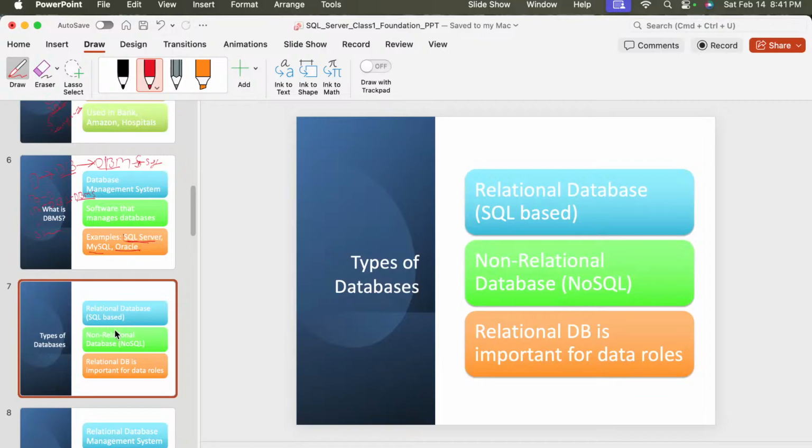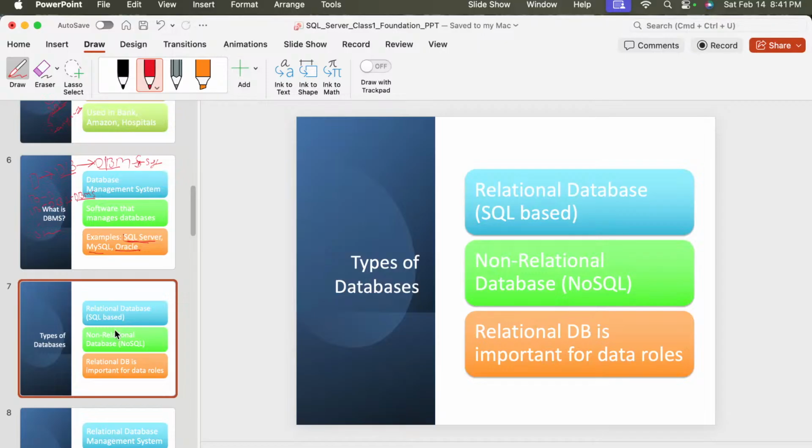So relational database is important for the data role, and the non-relational database is important for big data models, and for those purposes we use NoSQL databases as well.